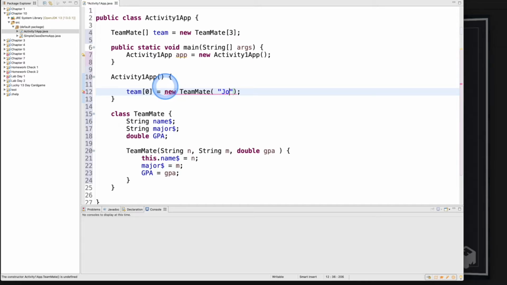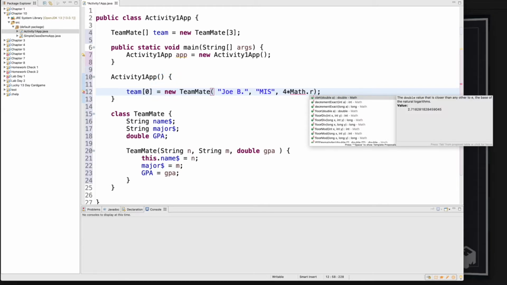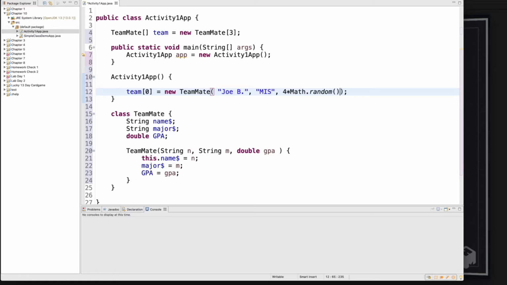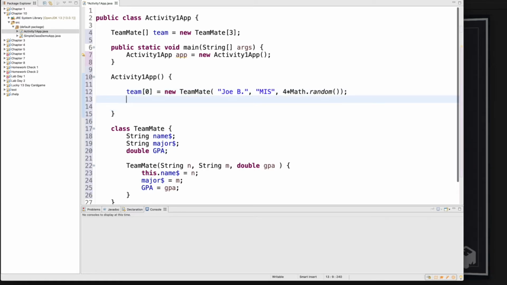So we'll say, I don't know, Joby, major, obviously MIS, GPA is some double number, so we could just simulate 4 times math.random. That'll give us a double number that could be quite poor actually, but